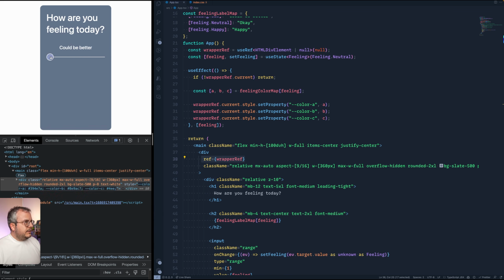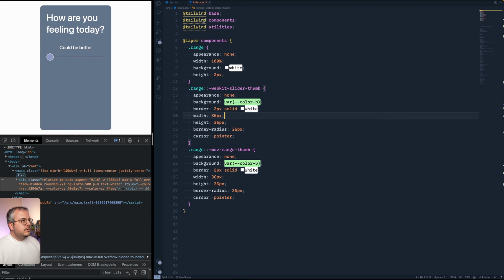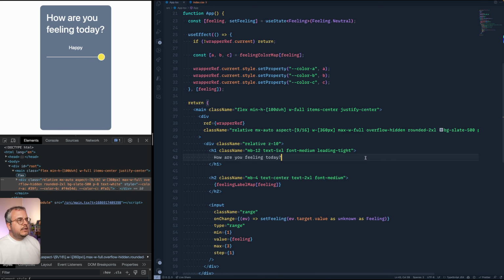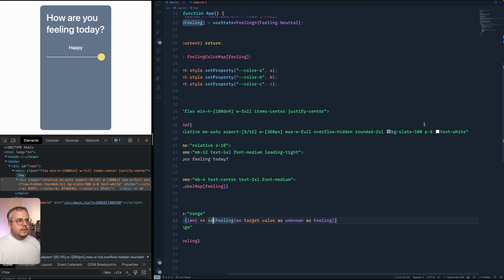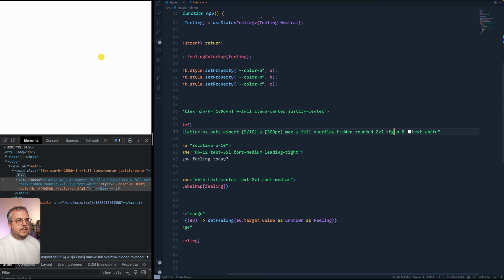So then for this knob, we're actually using one of these color variables, in this case color B, to set the color of this knob. And that's why that part is already dynamic. But of course, that's not a gradient, and we were here to animate gradients. So let's go ahead and change that gray background into a gradient as well, so we can start animating that. And we do that by removing the background slate from the wrapper, and then we're gonna add a background gradient to bottom right. So that gives us a gradient that goes from top left to bottom right.